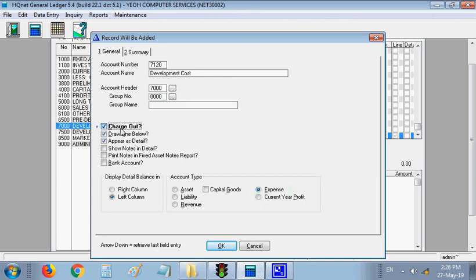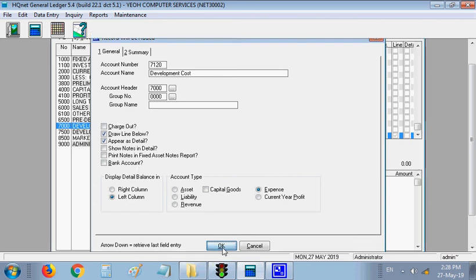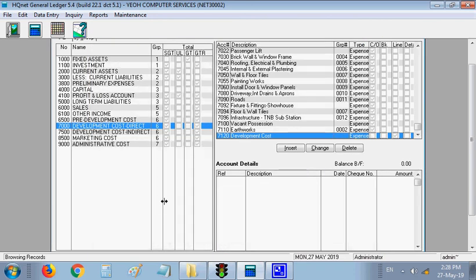Make sure you don't click charge out, because it's not a charge out. When you put charge out, then you'll be tracked in the posting where you keep on going to the deferred expenditure account. It will not be reflected in your P&L. So since this is not a charge out, from the system point of view,